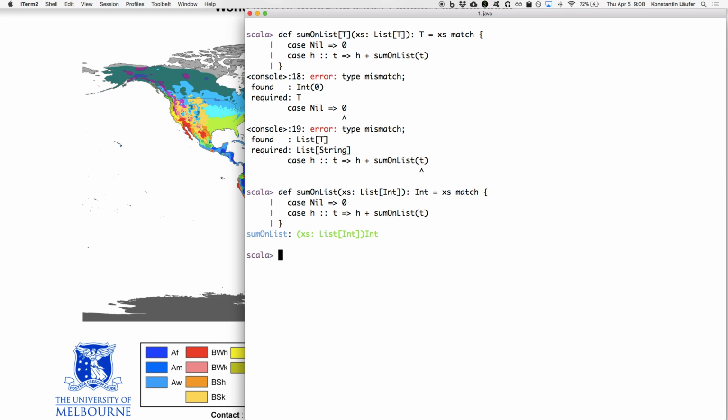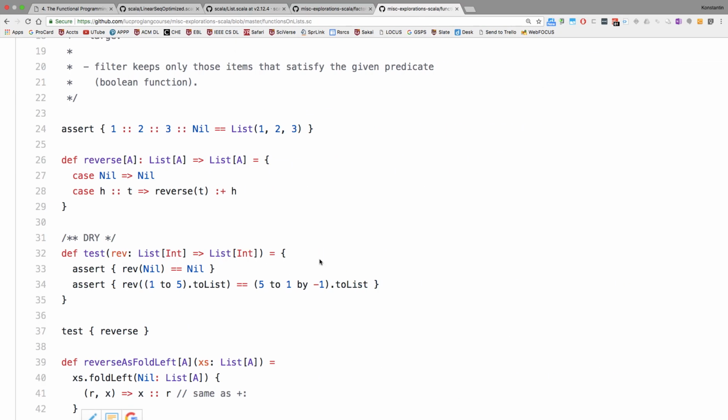So the fold left captures anything that has this kind of recursive pattern where for an empty list we return some initial result value, and for a non-empty list we return some operations applied to the current item and recursively applying the function to the rest of the list, right? So you see how this sum on list follows the same recursive pattern as the reverse here,